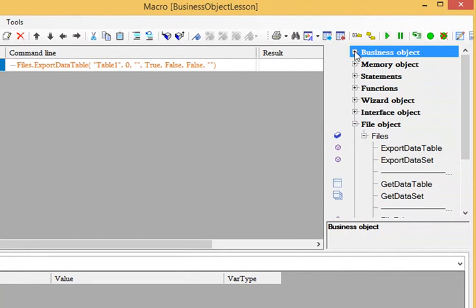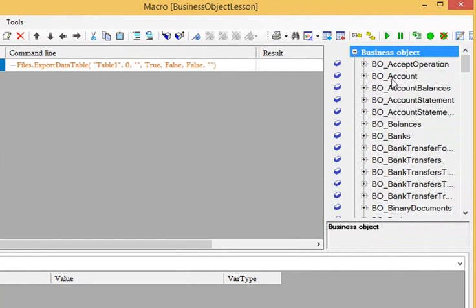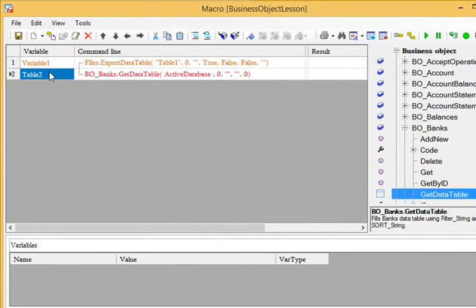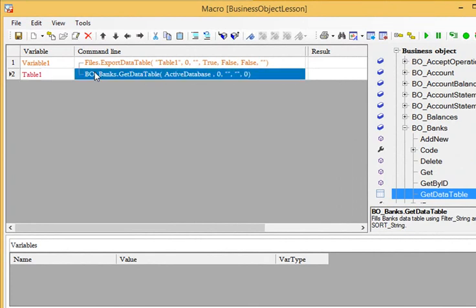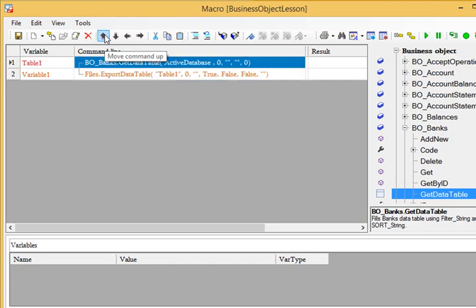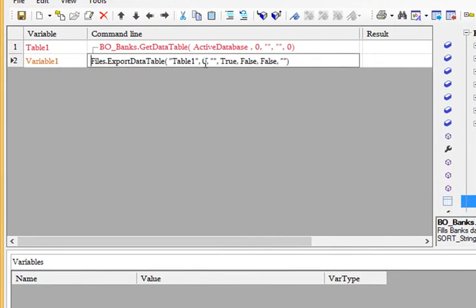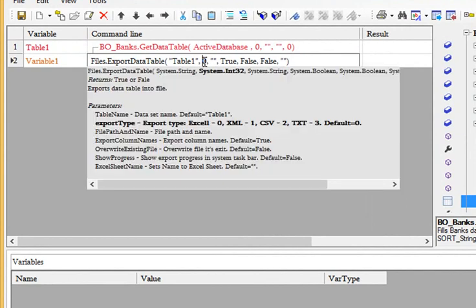For example, from the business object of banks, I'm going to get data table. Let's call it table 1. We need to get this table first and then export it. So I'm going to move this command up, and here in this export data table macro, we have export type